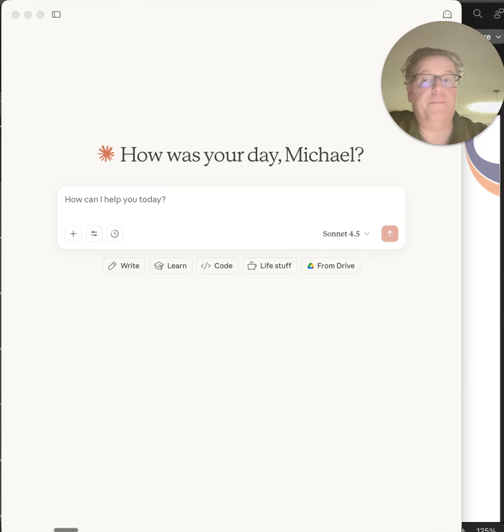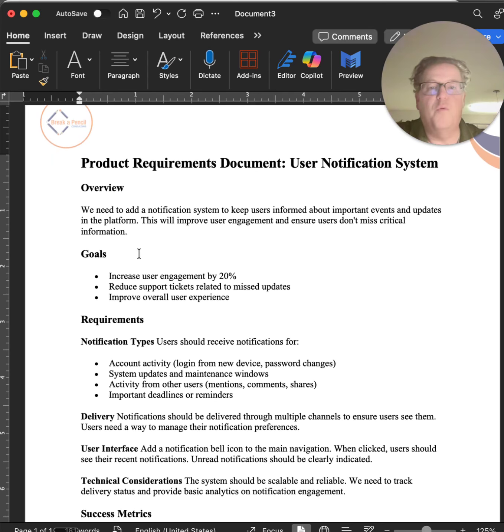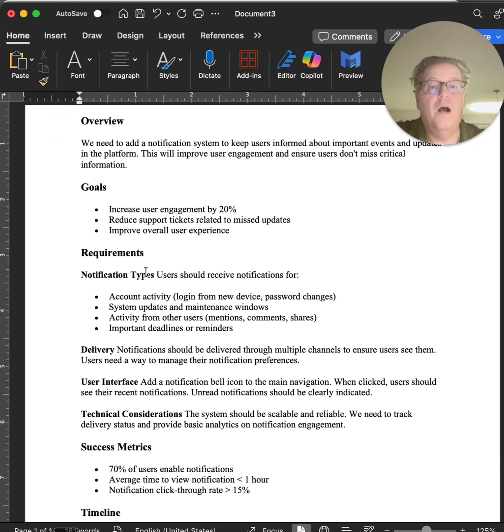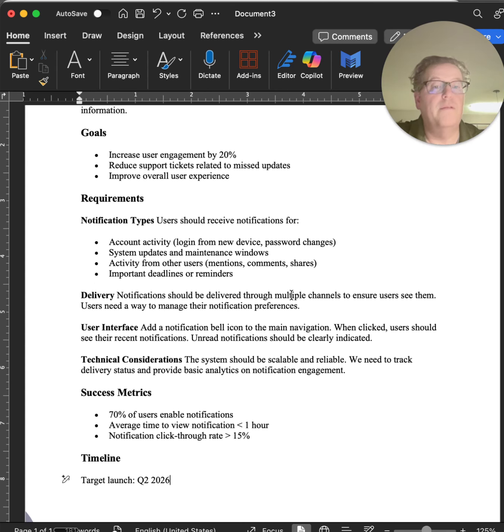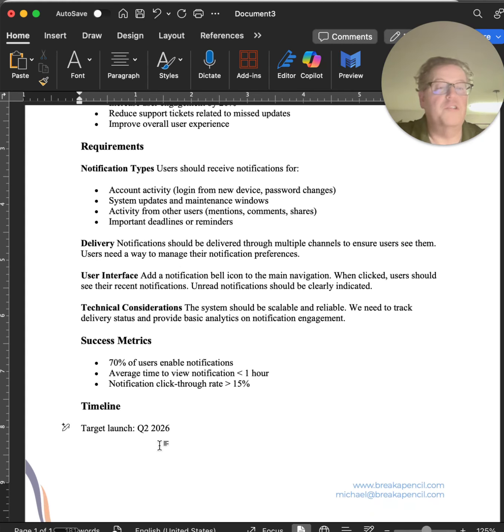So let's do it. What I'm going to do is start with a very basic, intentionally basic PRD here for a user notification system. Pretty generic, right? We need to add a notification system to keep users informed. Here's some goals. Requirements: these are account activity, system updates, important deadlines. Notifications should be delivered through multiple channels. User interface: add a notification bell icon to main navigation. System should be scalable and reliable. And some metrics, target launch Q2 26. So these are